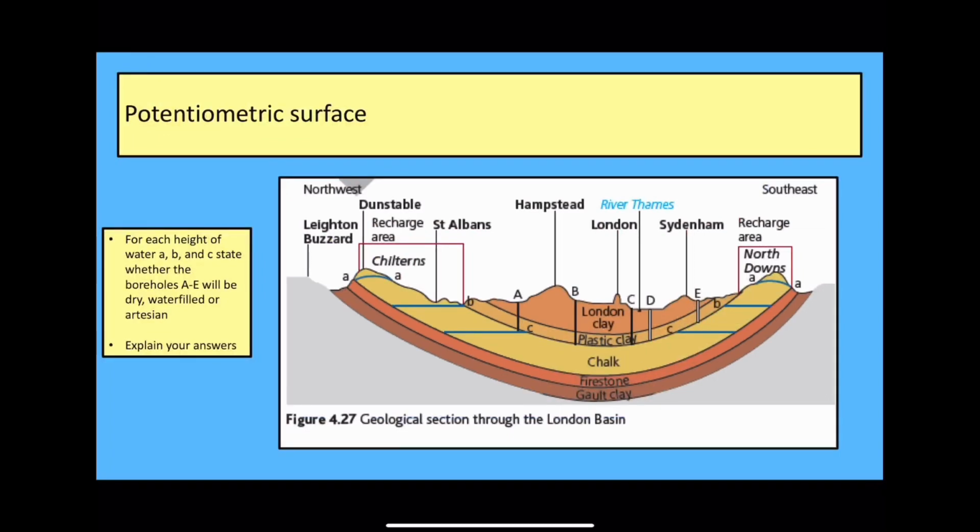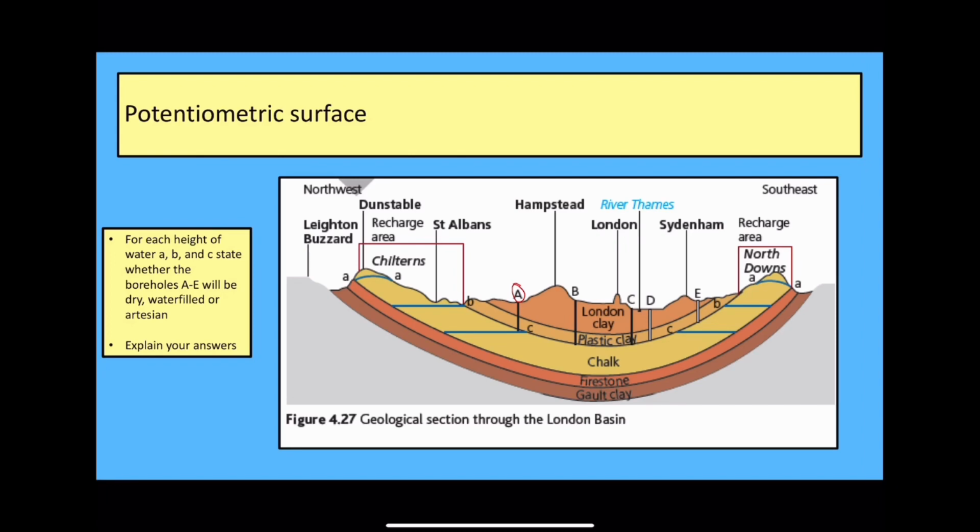which of the boreholes, which are represented by the capital letters, would contain water. Which ones would be water filled, which ones would be dry, and which ones would be what's called artesian. So artesian is where water rises to the surface under its own pressure. Okay, so in this situation,